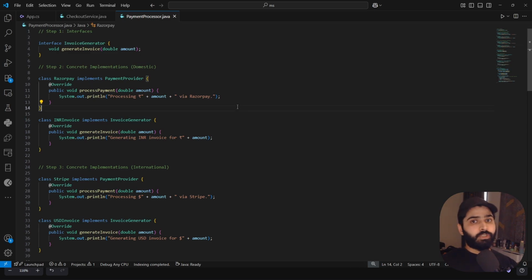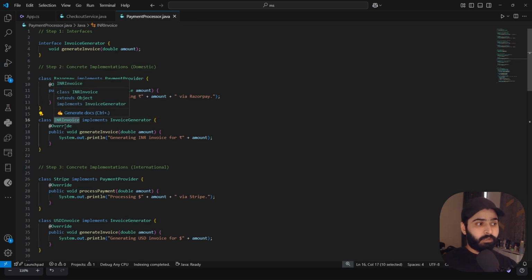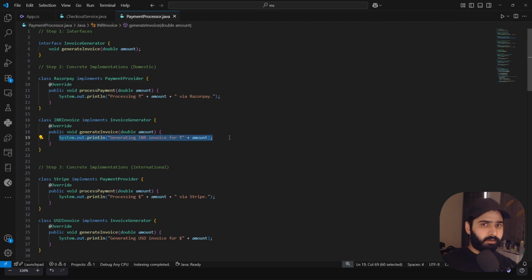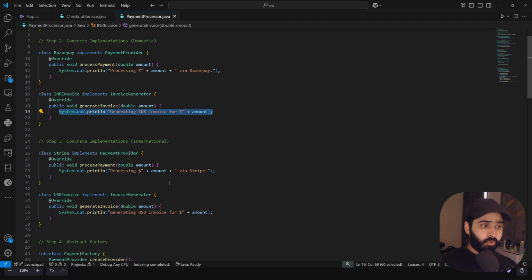For domestic, we will go with the INR invoice generator, a class implementing the invoice generator interface, which generates the invoice. As of now I'm just printing to the console; you can write your concrete business logic inside that. And for international, I'm using the USD invoice.